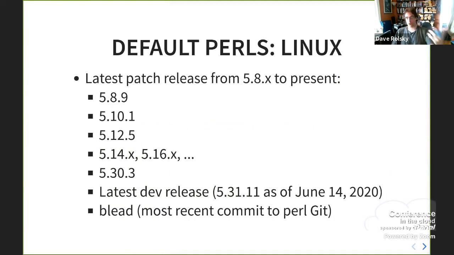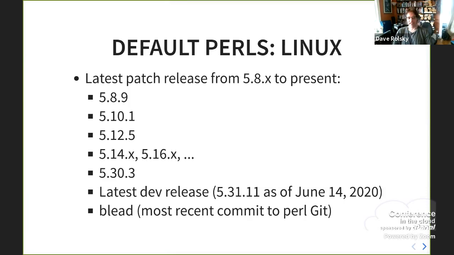So when you do this quick setup, you get my defaults. By default, on Linux, we're going to test every Perl with the latest patch release from 5.8.x to present. So 5.8.9 and so on up to 5.30.3. I don't know if 5.32.0 is available yet. It's supposed to be doing it via cron, but it's really hard to test that because there's not new Perls often enough that it's easy to test. So it might not have made